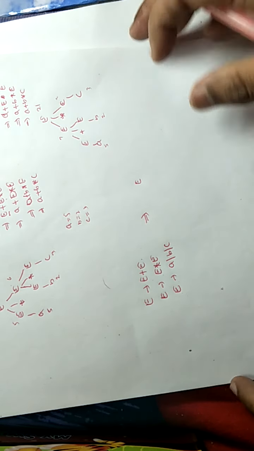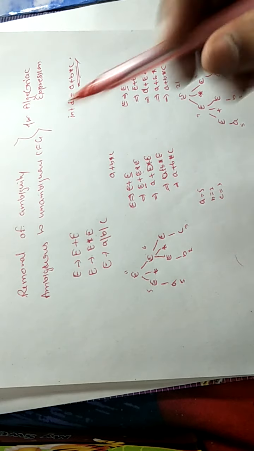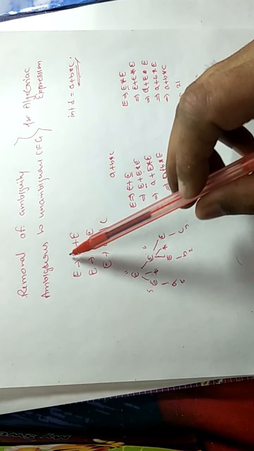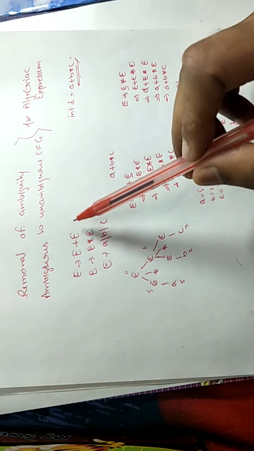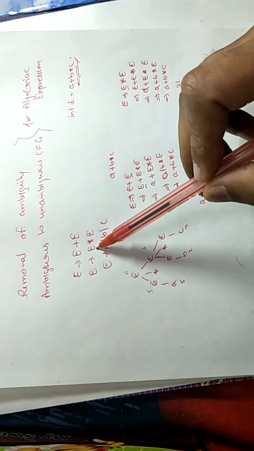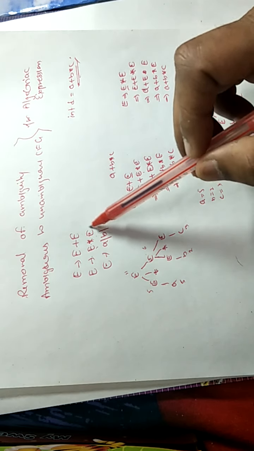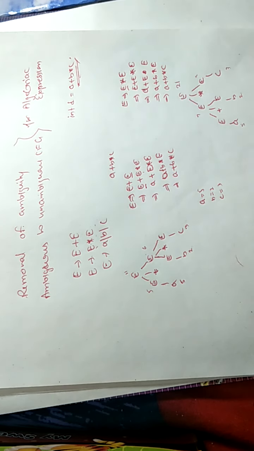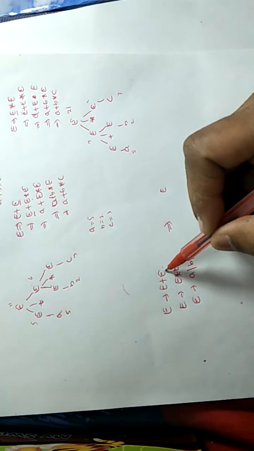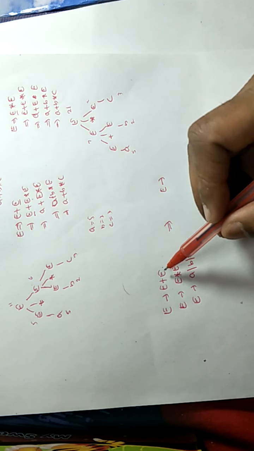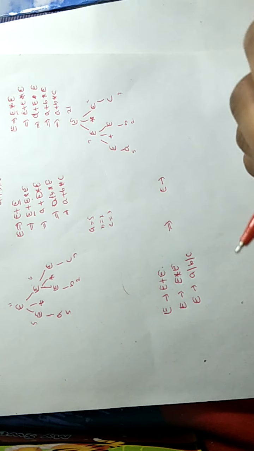Why do we have so much problem with this grammar? Because we have multiple choices. We have the same non-terminal here and here. We can expand it here, we can expand it here. Same non-terminal at this place and this place, we can expand here, we can expand it here. So we have multiple choices at both corners of a production. So we have to bound it, we have to change it in such a way that it will expand only in one direction.